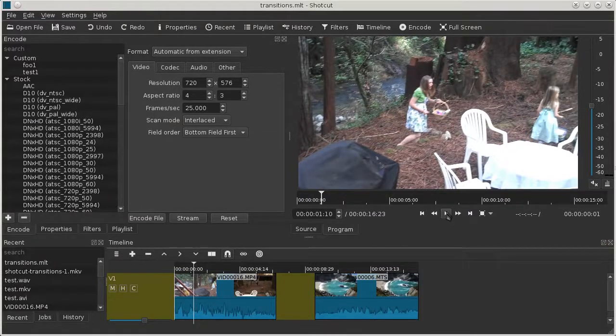Hello, in this tutorial I will show how to add transitions in Shotcut. First thing, we need a couple of clips on the timeline. I've already done that. And in Shotcut, to make a transition, you have to place two shots next to each